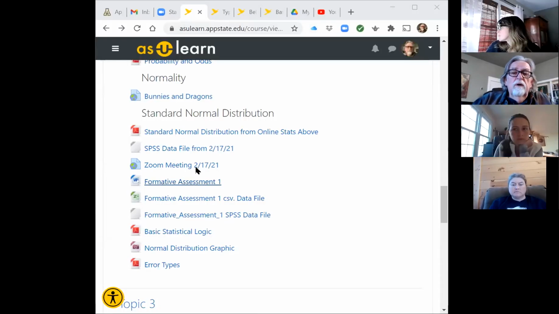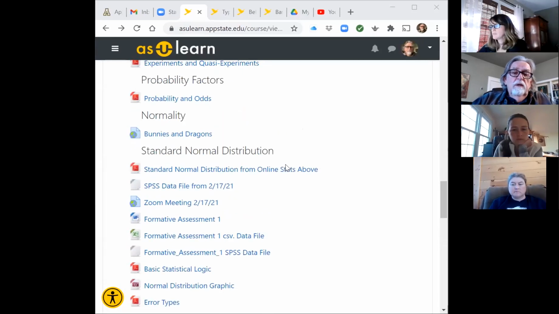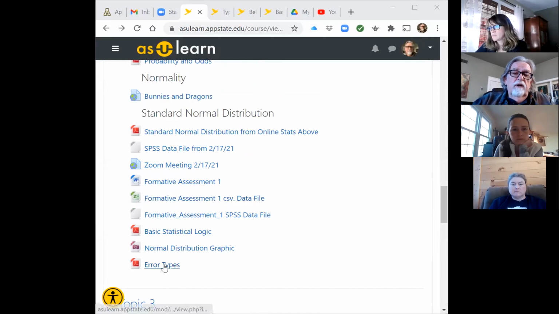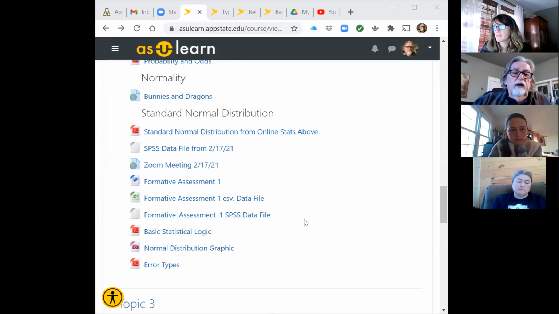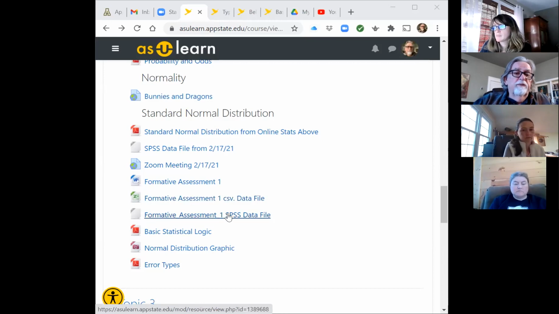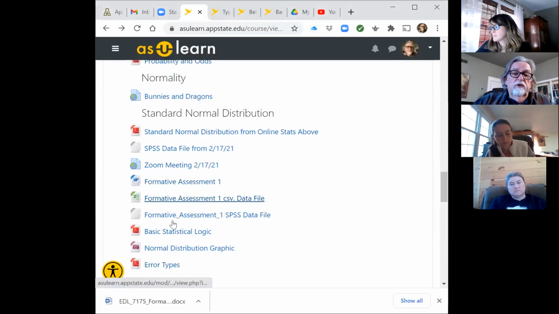Okay. So over here in your, as you learn, you'll find the arrow types, you'll find that little basic stat logic thing, you'll find the normal distribution graphic, you'll find this formative assessment, a CSV file, and formative assessment SPSS file. And you'll also find this formative assessment, which, oh